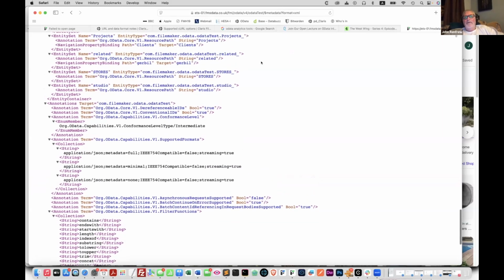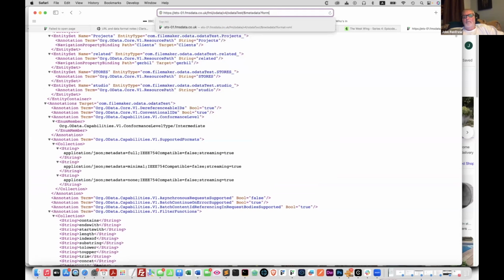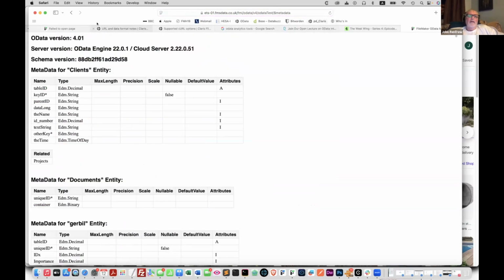But anyway, if you just viewed it as an HTML rendering of the JSON data, if you do a /metadata query, you will see what version is running. The version that was released last summer supports 4.01. 4.01 is the latest version of OData. It's been around for several years,